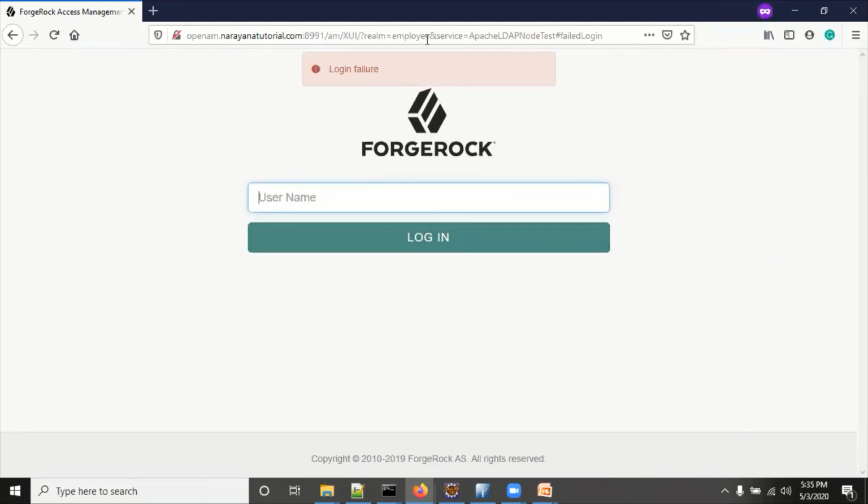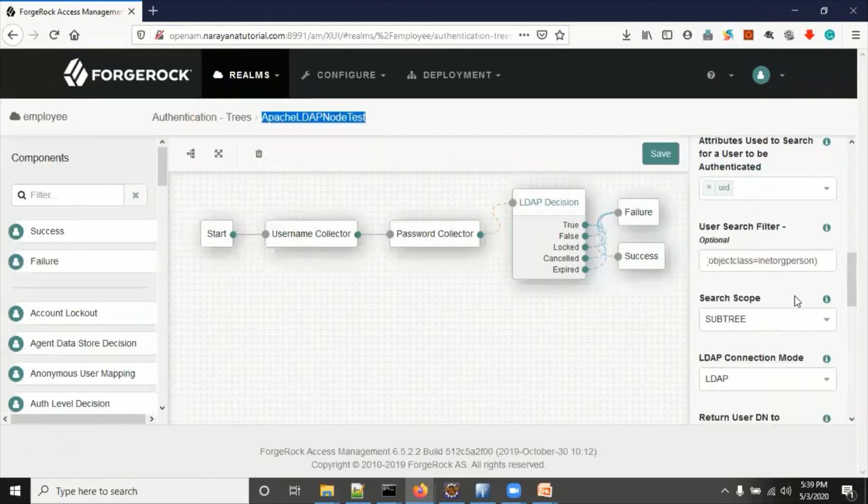It's a login failure. Just a second. The authentication failed because we have given something wrong here. We have to remove the S from inetOrgPerson. This was a mistake we made. Now we have configured it properly and saved it.